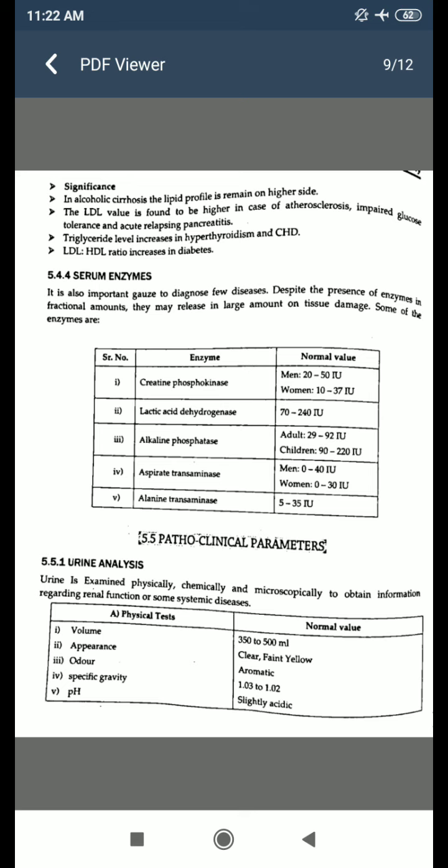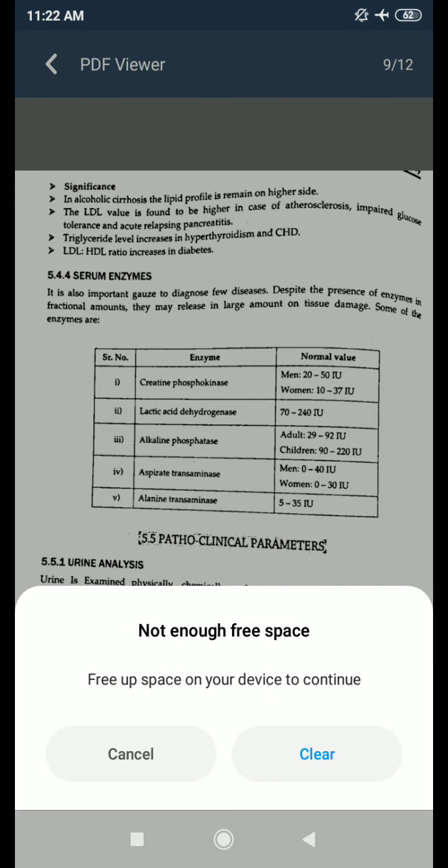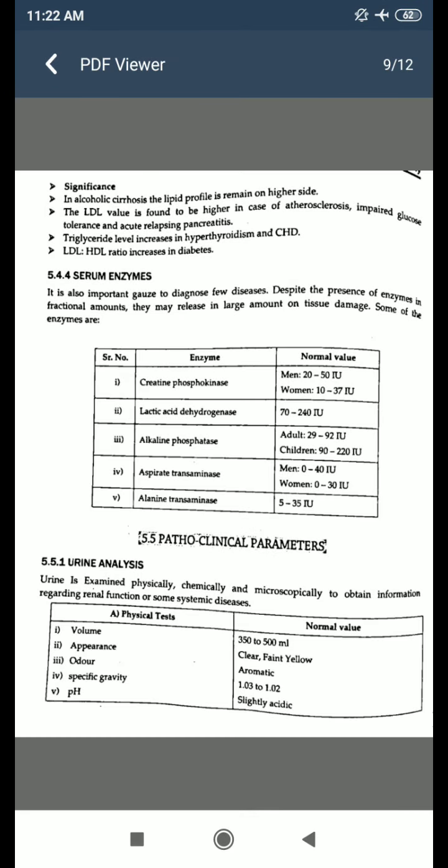The last one is serum enzyme. Serum enzymes are also important to diagnose a few diseases. Despite the presence of enzymes in fractional amounts, they may be released in large amounts on tissue damage. Some of the enzymes and their normal values: